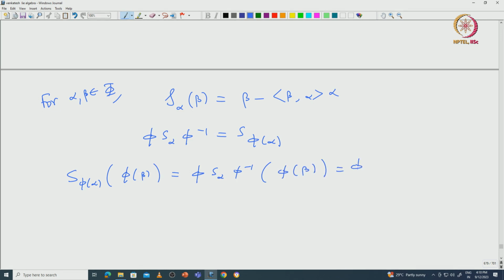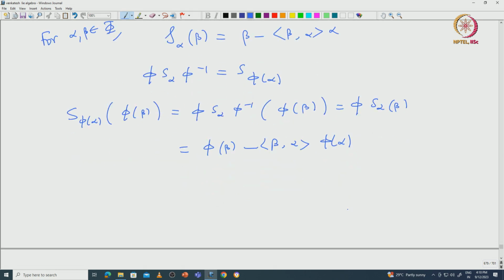So this is going to be π S_α(β), which is exactly π(β) minus, again this Cartan number will stay as it is, times π(α). That is what we get on one hand, but on the other hand S_{π(α)} π(β), by definition, is π(β) minus the Cartan integer ⟨π(β), π(α)⟩ times π(α), and since these two are equal,